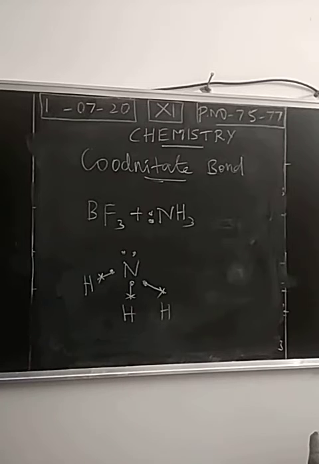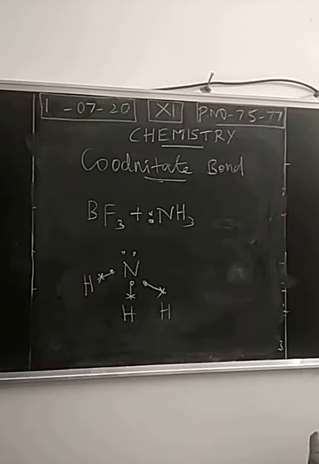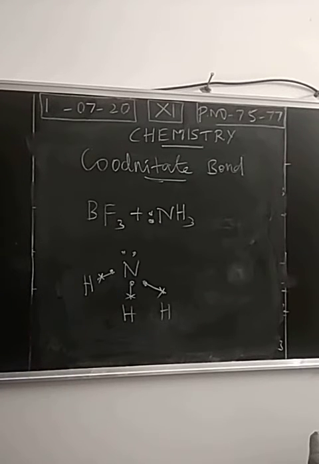When you take the ammonia molecule, there are 5 valence electrons for nitrogen: 1s2, 2s2, 2p3. The second shell has 5 electrons, the valence shell has 5 electrons. Out of 5 electrons, 3 electrons are used to make 3 covalent bonds with the hydrogen atoms. The remaining 2 electrons will be present as a lone pair of electrons. So this is the electron dot structure we completed already.